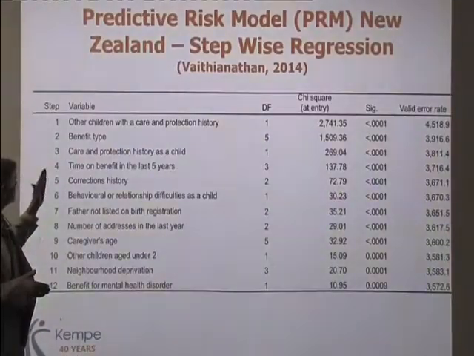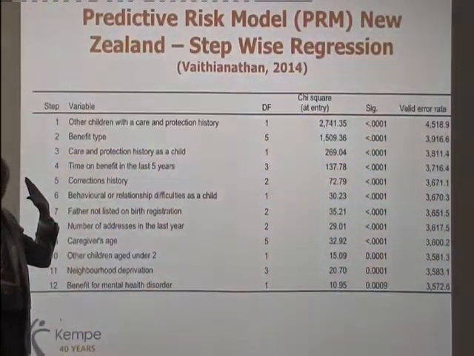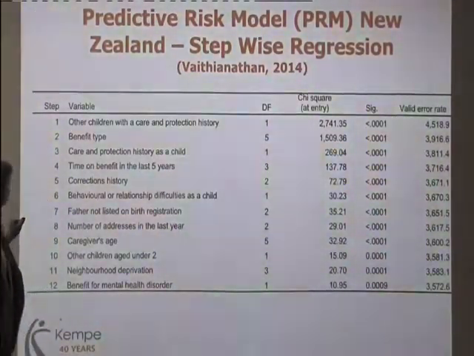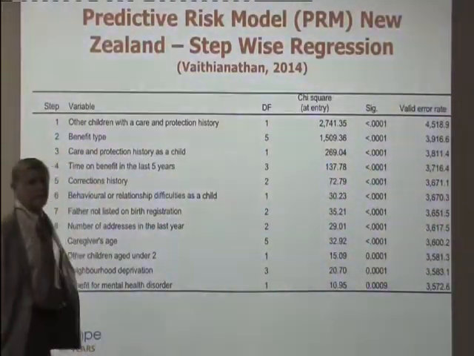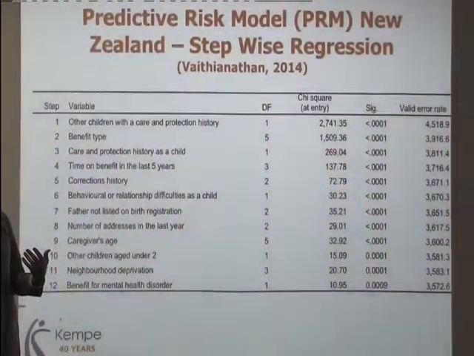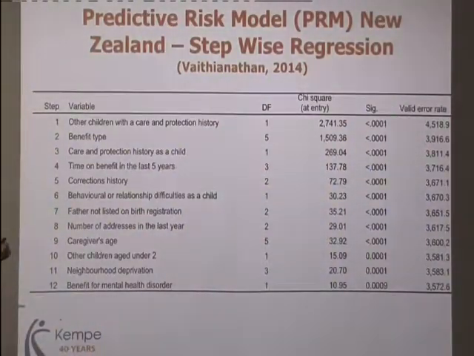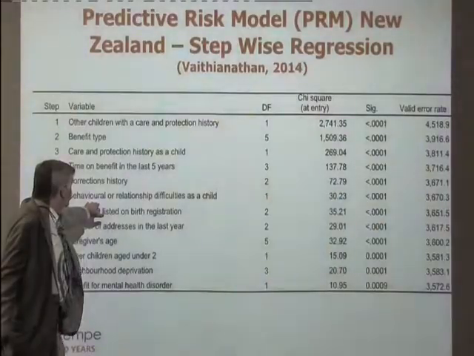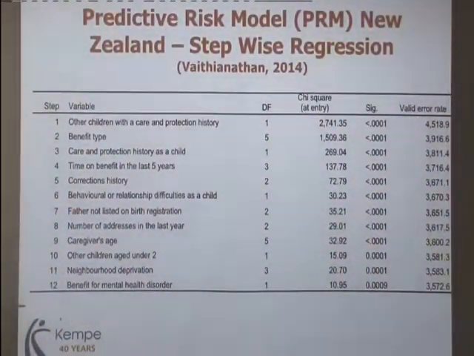So it might be a mother who had actually been known to child welfare when she was a child. Then whether or not they've had any involvement with law enforcement, been convicted of a crime and incarcerated. Mental health data. So you can see that there are a lot of different types of data used in developing this